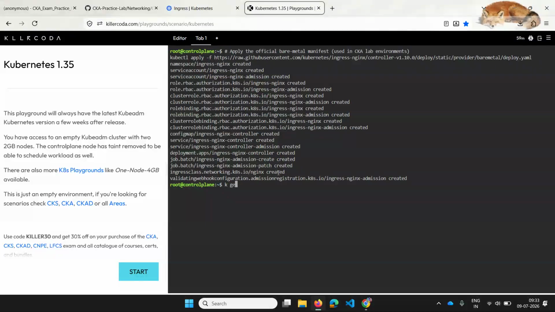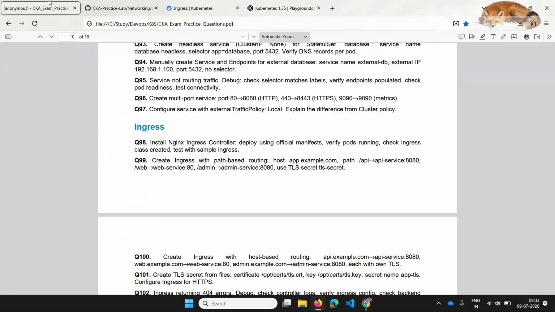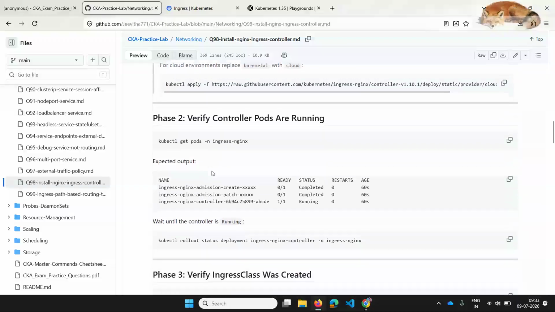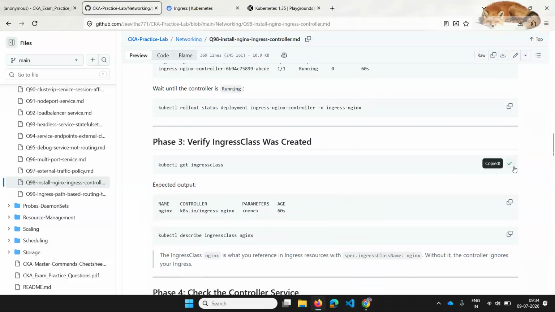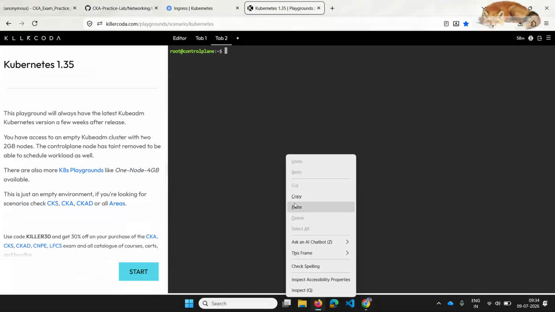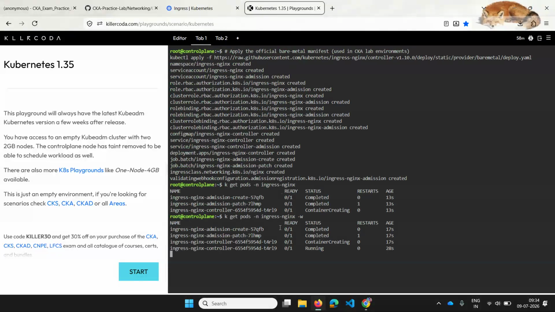You can verify as earlier. You can do get pods with the namespace ingress-nginx. Now it is still in the container creating status. Let's keep it in watch mode, and in parallel I want to check the other thing, that is the ingress class. I would also have got an ingress class here, an entry of which ingress class is handled by which controller, and I am also able to see now it is running completely, one by one.